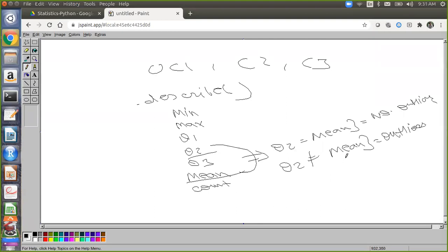That's the logic. Take 5, 5, 5, 5. In this case, the mean will be equal to the median. But if I add 1000, then they will not be equal. So by just quickly seeing these statistical metrics, you can identify if there is an effect of outliers in your data or not. That is one trick I remembered, so I told you. It's a simple trick. You don't need it, since you can directly plot box plots and see, but it's just a trick if somebody wants to use it sometime.